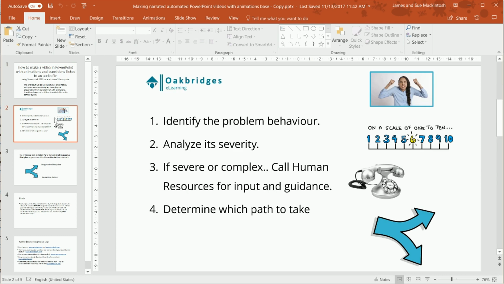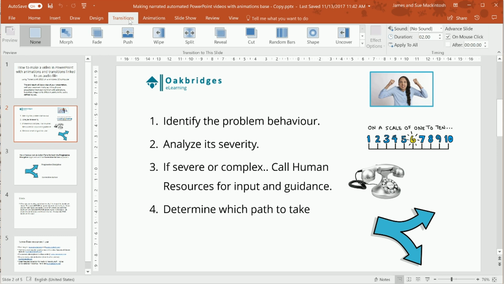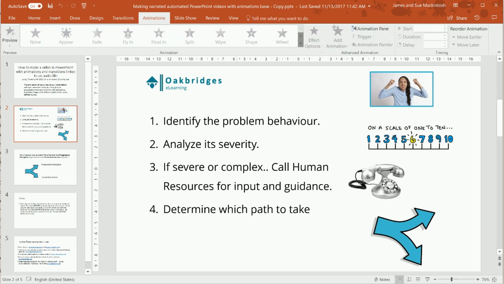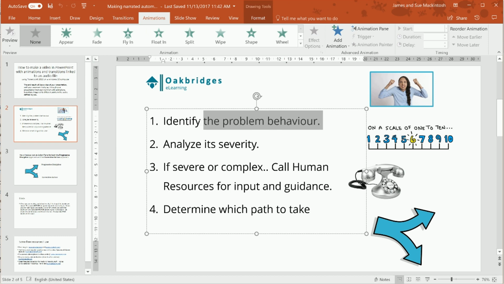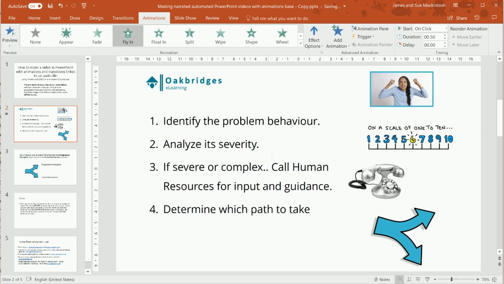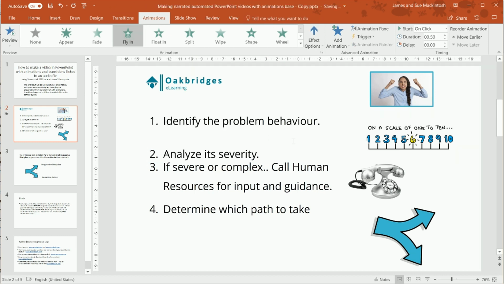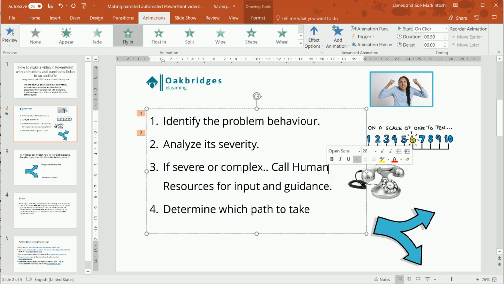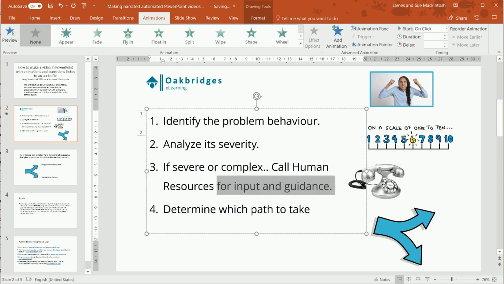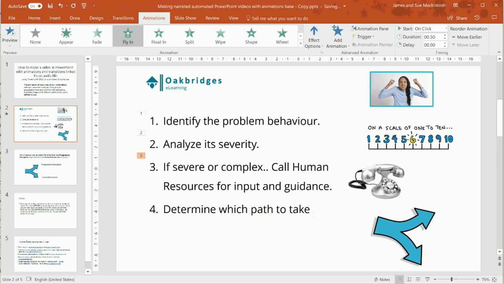So first step, set up your slides in PowerPoint with the items that you want to be in the slide. I always start with my animations, and so these are what I'm going to be triggering off my video file. So I want all of these to fly in, so I have to identify them individually and tell PowerPoint that I want them to fly in when we get to that point. So just highlight them one by one, click on Fly In,